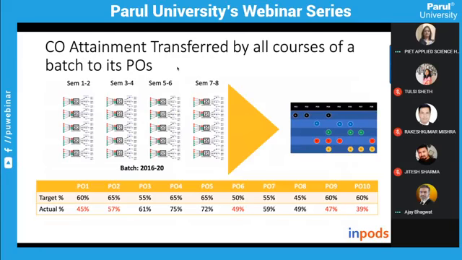So now you zoom out further, and you will see that this is a batch which just graduated in 2020, and they have completed all the semesters, and you can see these courses here. Each course will contribute something to the corresponding program outcomes. As you know, the number of program outcomes for, let's say, a management degree could be 7-8, but for a 4-year engineering program it could be 12 to 15 program outcomes. However, the number of courses could be 20, 30, 40. So there are one-to-many mappings.